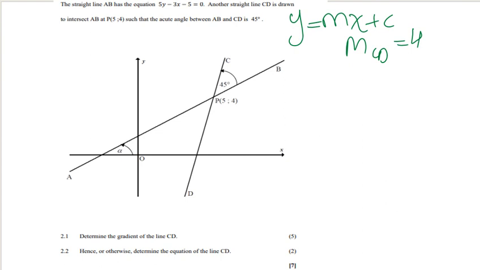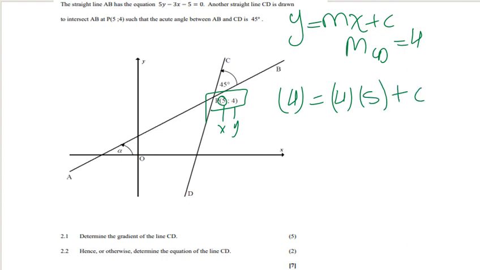In the place of y, I will check if there are any coordinates on CD. And here are the coordinates. These coordinates are on CD, like CD passes through this point P. So I will use these coordinates. This is Y and this is X. So here I will substitute 4 equal to, the gradient of this line is 4. So here I'll substitute 4 in the place of gradient. Then in the place of x, I'll substitute this 5